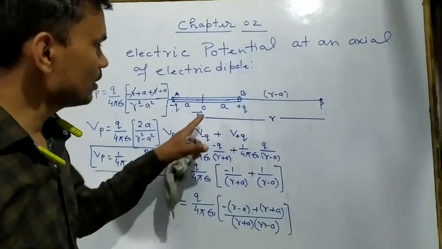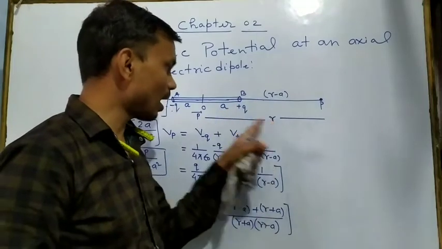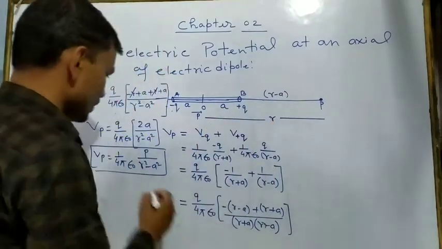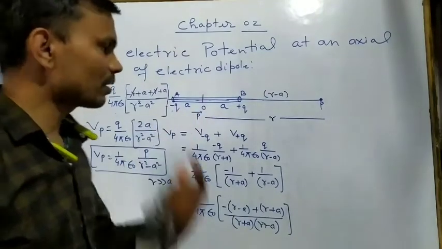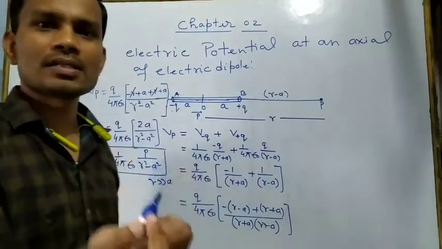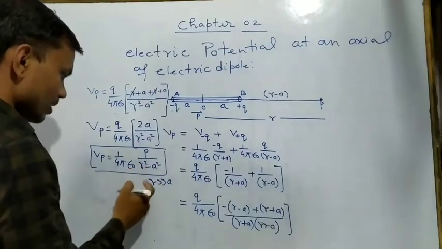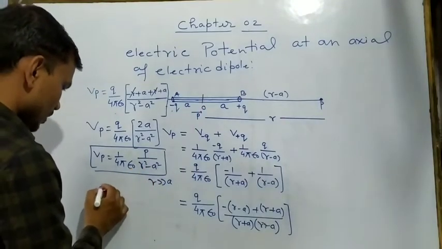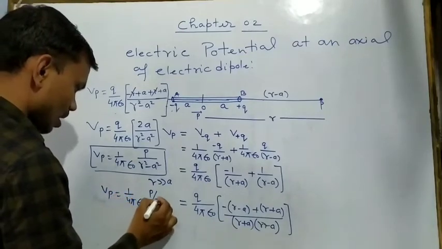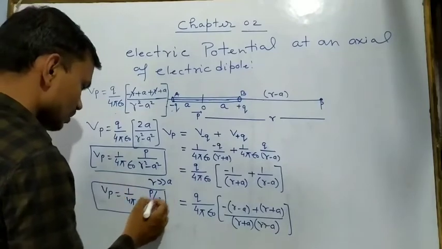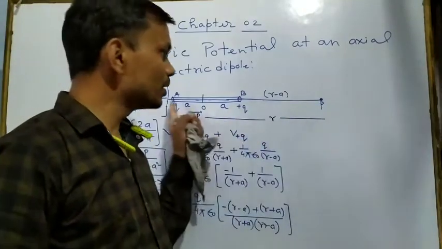One condition is that if from the center this distance is very large in comparison to this one, it means r is very much greater than a, then a is already too small, so a square is also very small, therefore we can neglect this a square. So what we will get, Vp is equal to 1 upon 4 pi epsilon naught p upon r square. So this is the electrostatic potential, or simply electric potential at point P due to this system of equal